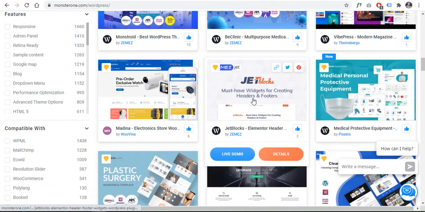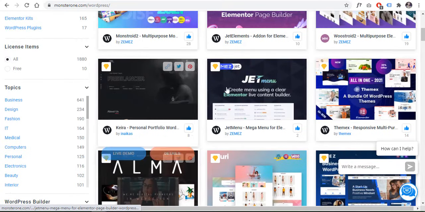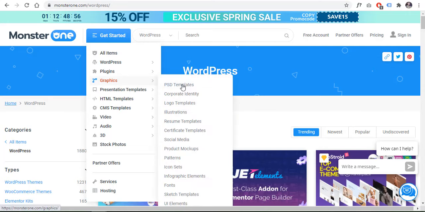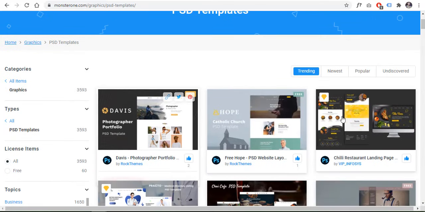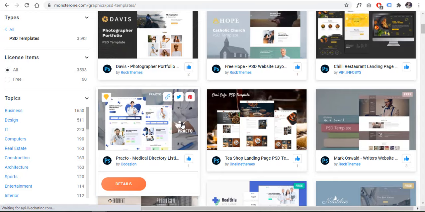You will not only have access to these WordPress themes or plugins, but you will also have access to the graphics. If you are working with a graphic designer, you can send them the templates you choose from here to adjust according to the client's requirements, and then you can get them developed by your developer.